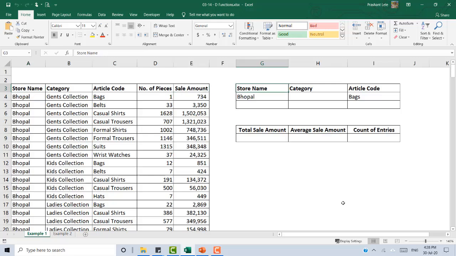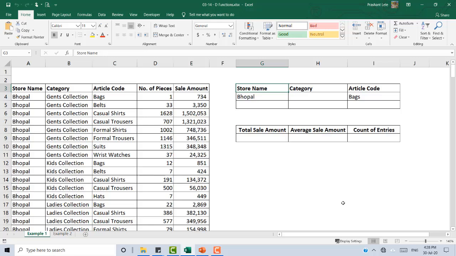Now what is database? Database is nothing but the collection of your rows and columns, or basically your table in which all your relevant data is stored. So in database functions, a D function uses a table as an input and performs the given operation or given calculation on that table. So basically a D function can replace two other functions if you use them properly.